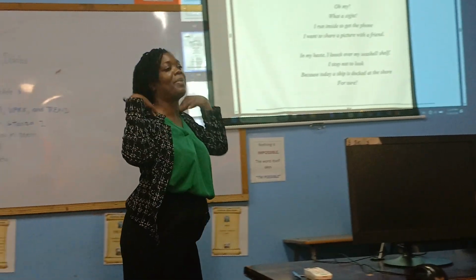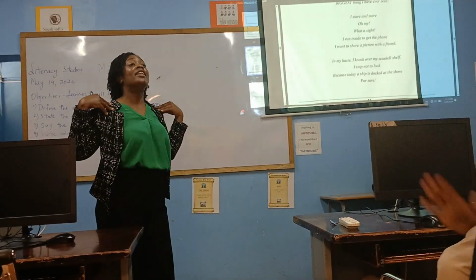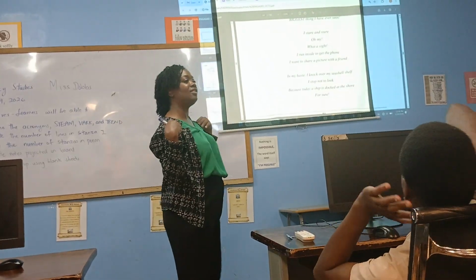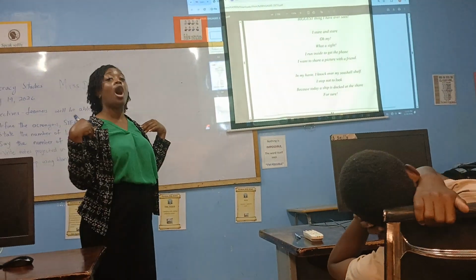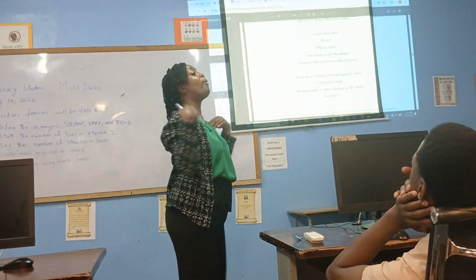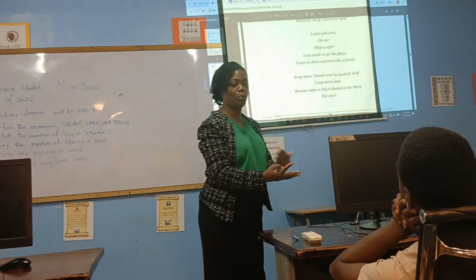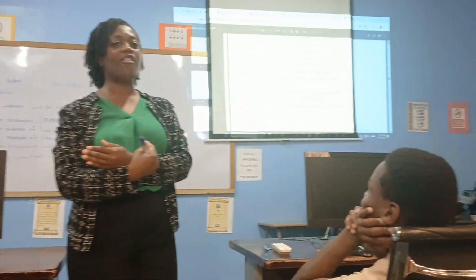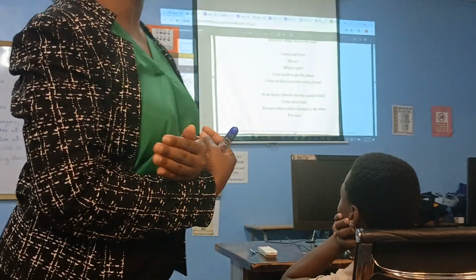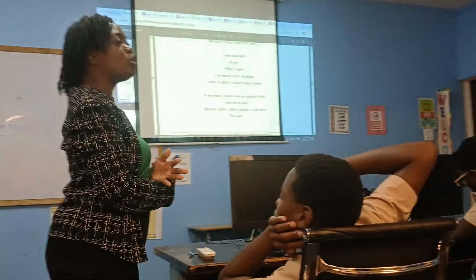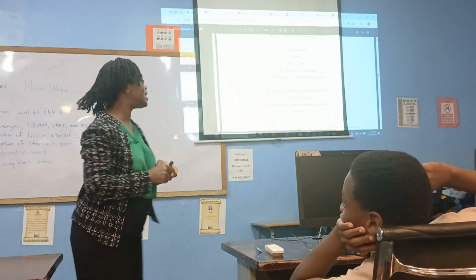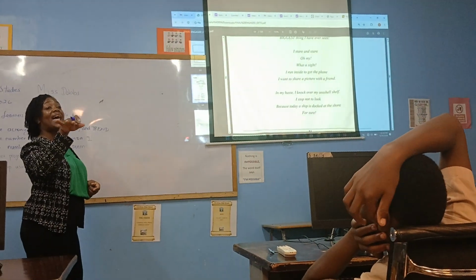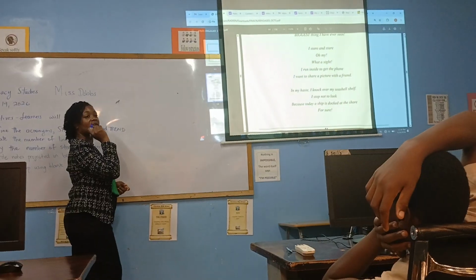Excellent. Give yourselves a pat on the shoulder. Now, the last stanza. How many lines are in this stanza? Four. Alright, in total, how many stanzas make up the whole poem? Twelve? Alright, how did you count it? Let's count it. How many were in the first stanza? Let's put it together.